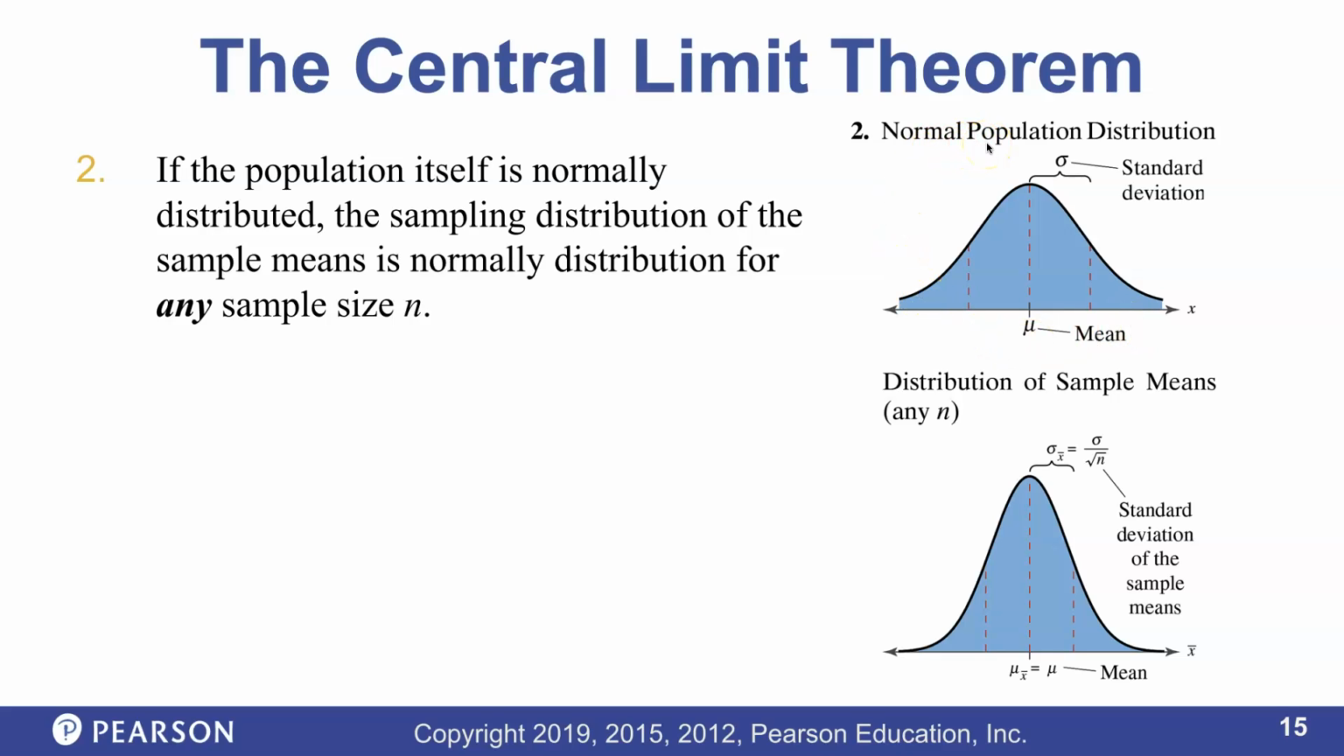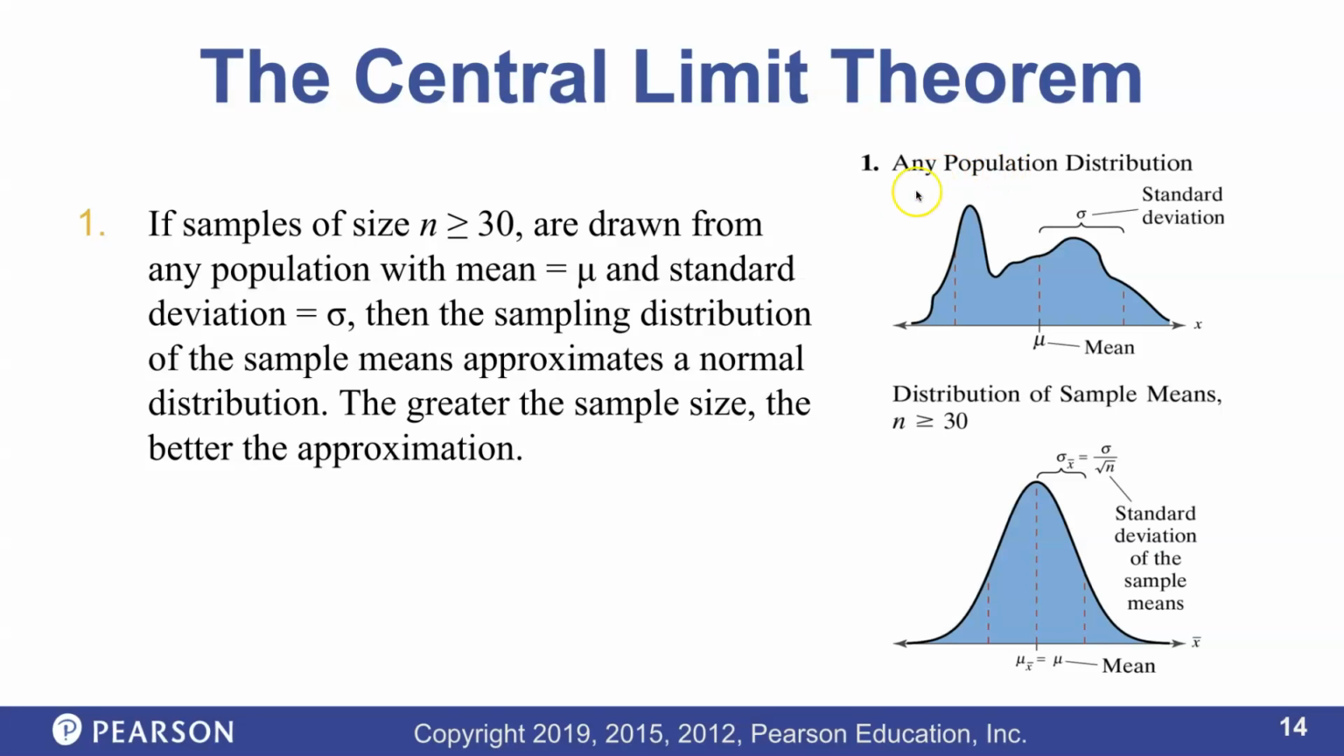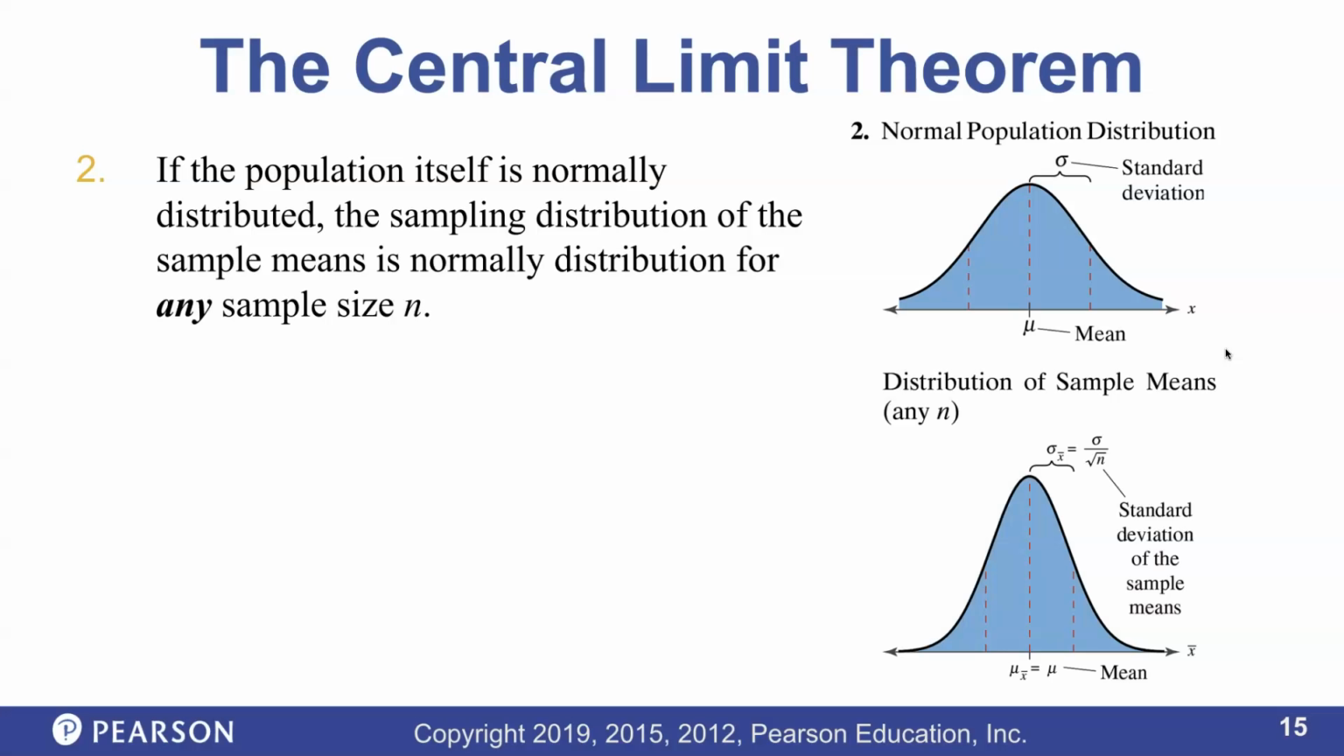But in the previous slide, you see how population distribution was not normal? This is the case where we need that sample size to be greater than or equal to 30. But if population distribution is normal, we don't care about the sample size. It doesn't have to be greater than or equal to 30. If population is normal, sampling distribution will be normal. So let me read number 2 here. If the population itself is normally distributed, the sampling distribution of the sample means is normally distributed for any sample size n,